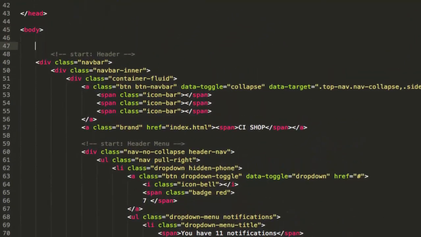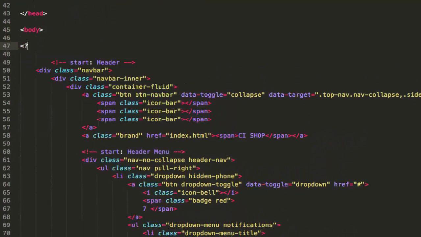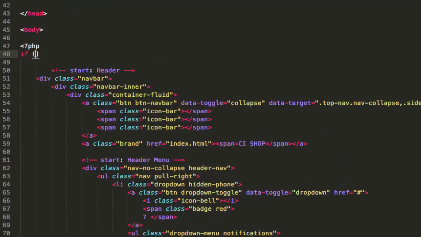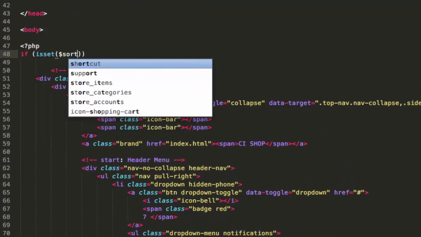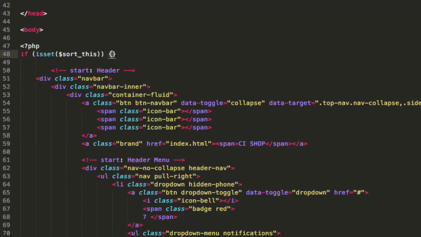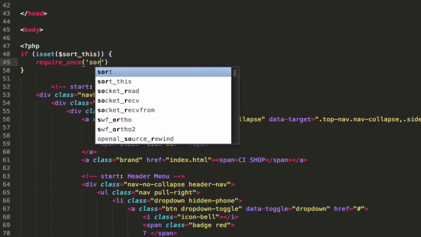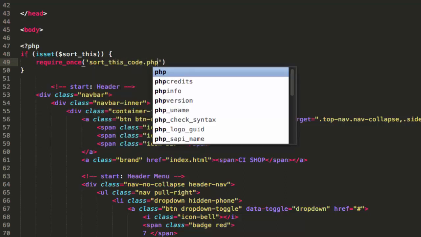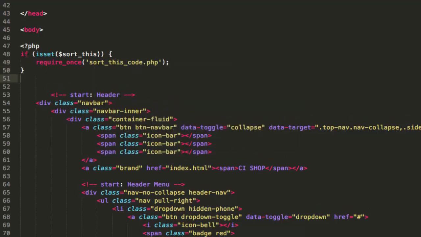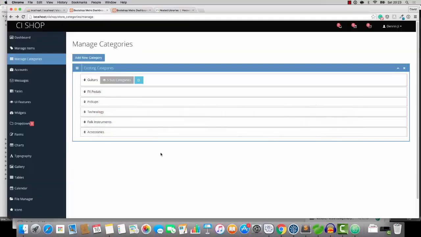This is in the template module, right? And I'm going to do some PHP and say if is set sort this, then we'll say require once sort this code.php. Okay, so what's happening here is we're going to be dragging and dropping categories, and you know, that's nice